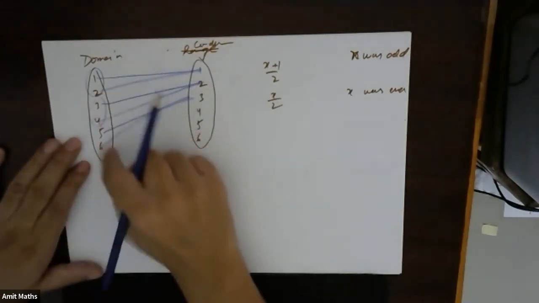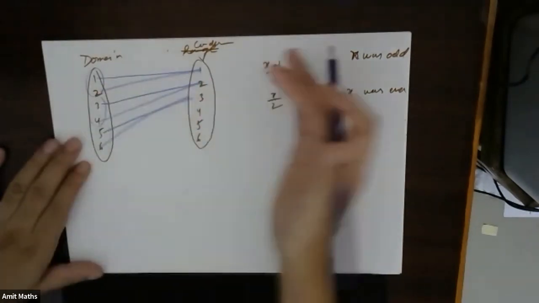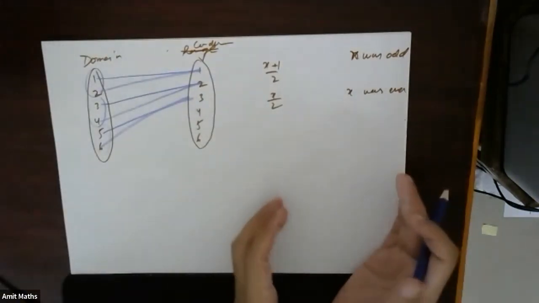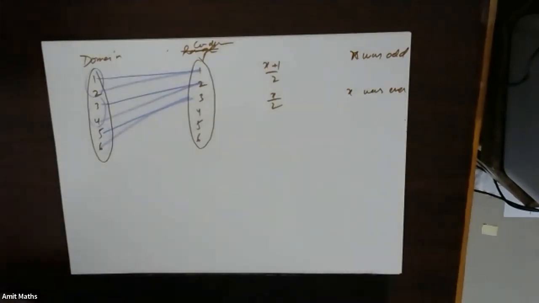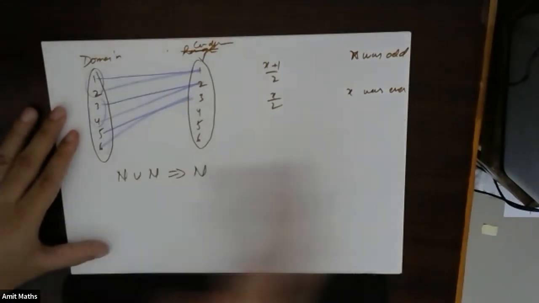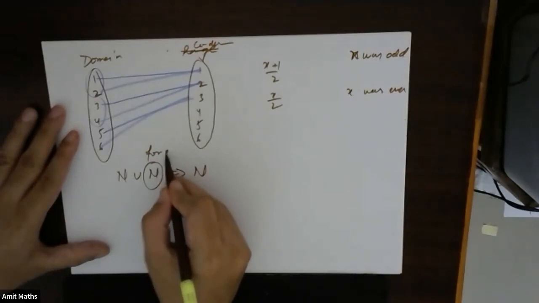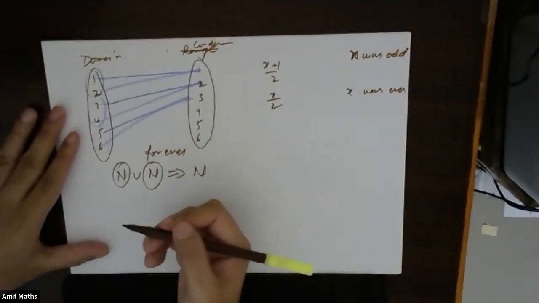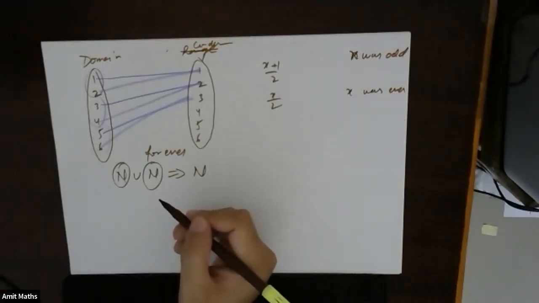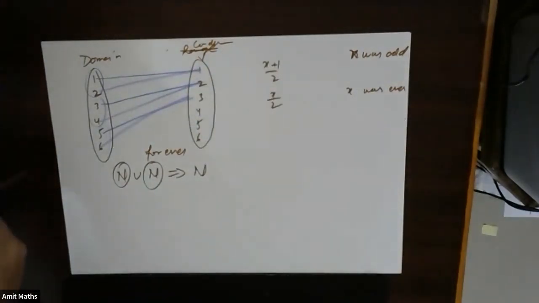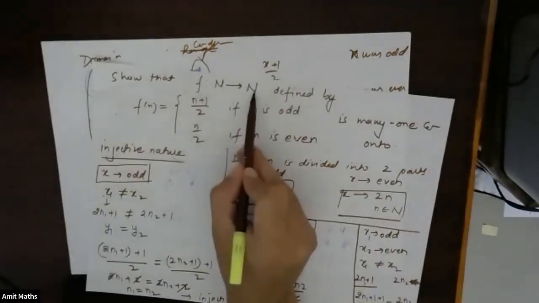So either you can show it by even or by odd. You will always get the range as all the natural numbers. That is why I've just shown it using one part. I can also show it by both, and say it is a union, and the union of natural numbers with natural numbers will also give natural numbers only. So on the right side I've shown it is natural numbers for even, so I need not show it for the left side. Also, in the question itself they have given that the function is from natural numbers to natural numbers. That is why I have taken the codomain as natural.